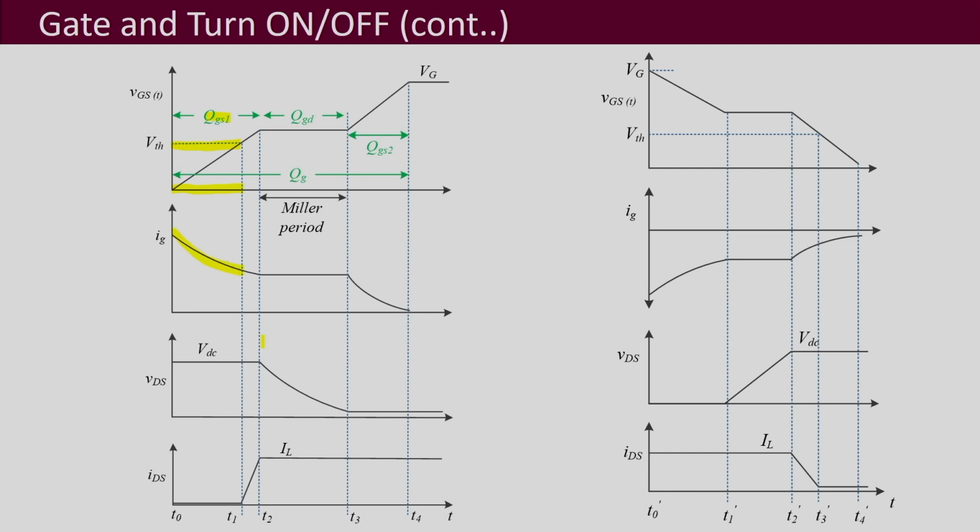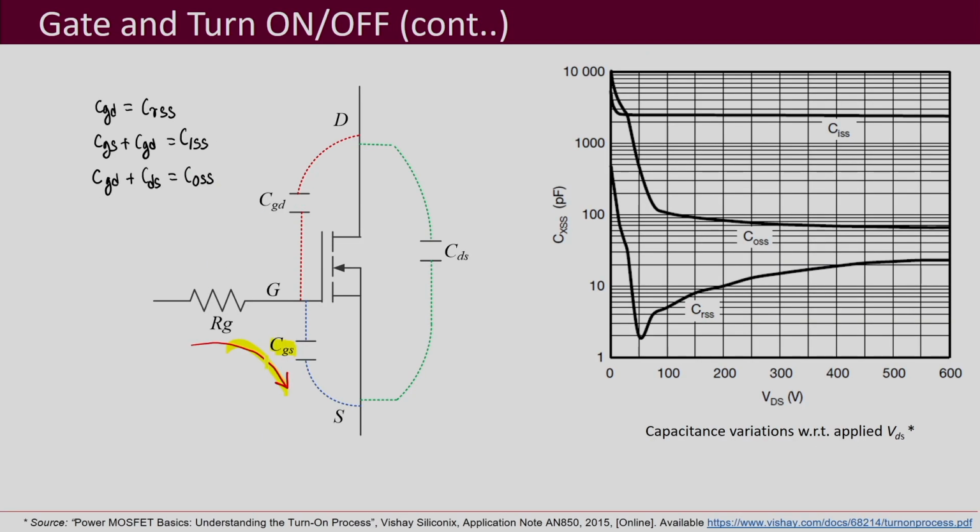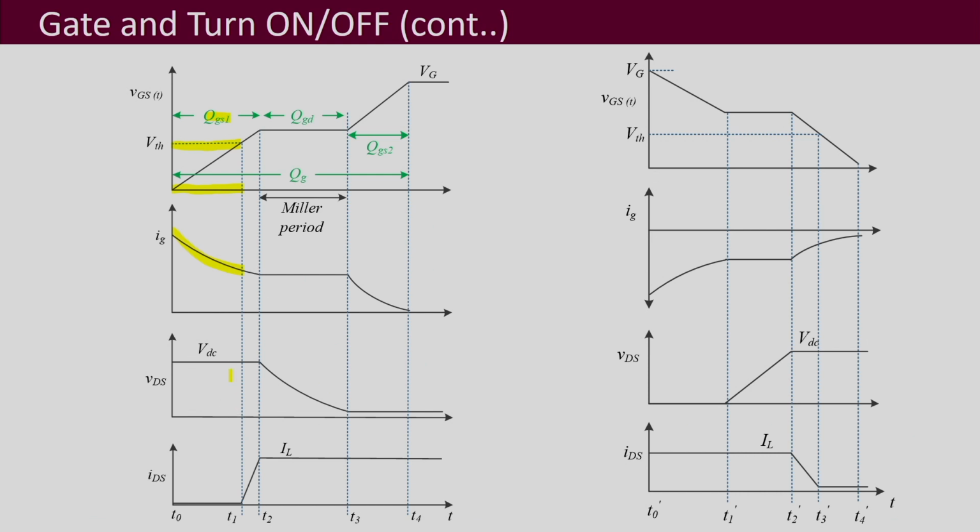Now, why are we showing that the gate current is decreasing? Because over here there is no charge initially, so you can say that 0 volt was there. So whatever Vg was applied over here, Vg by Rg is the peak gate current, Ig peak, that we can say is the current that will flow at T0. So this is that current, it flows, Vg peak. So this is your Ig peak,